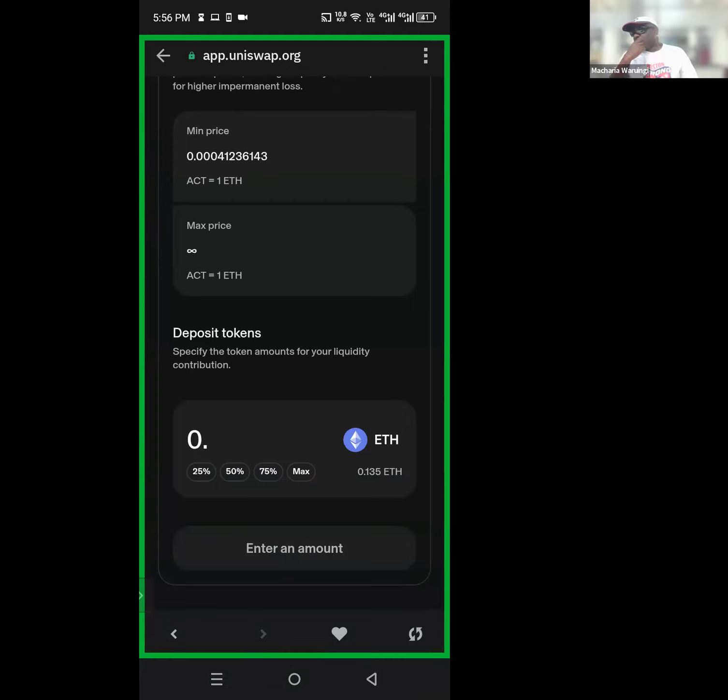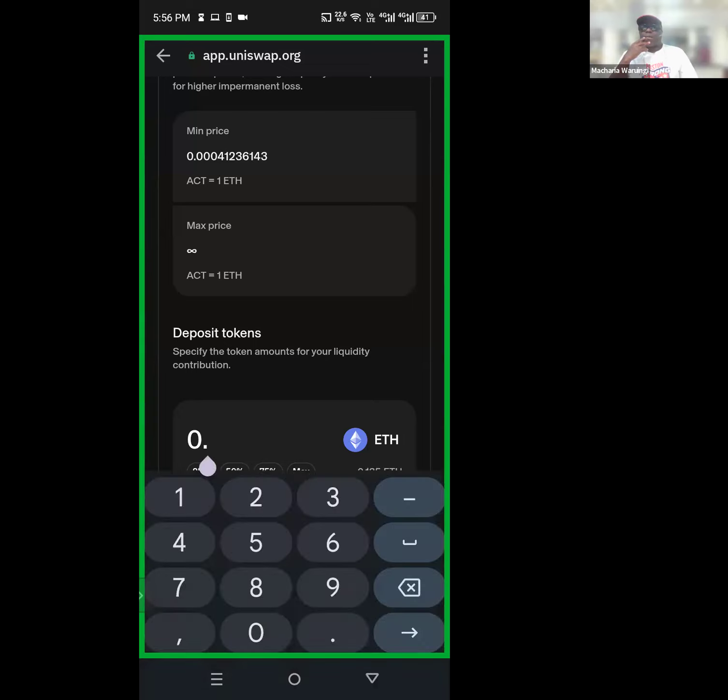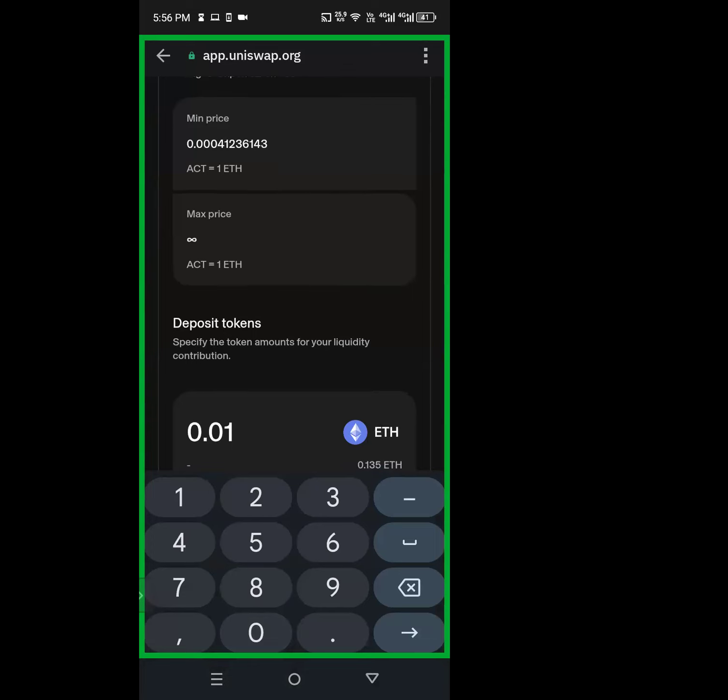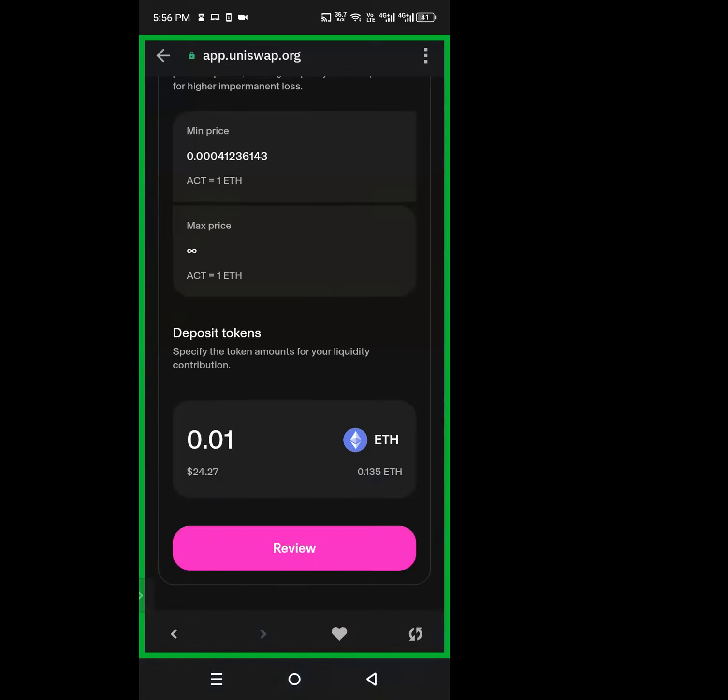Okay. So if I do 0.01, that will be $24. So I'll be creating a liquidity of $24. Okay. And then it's going to review.